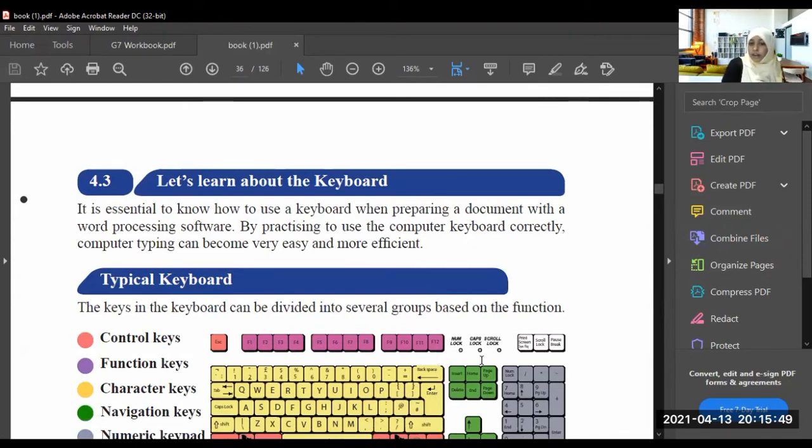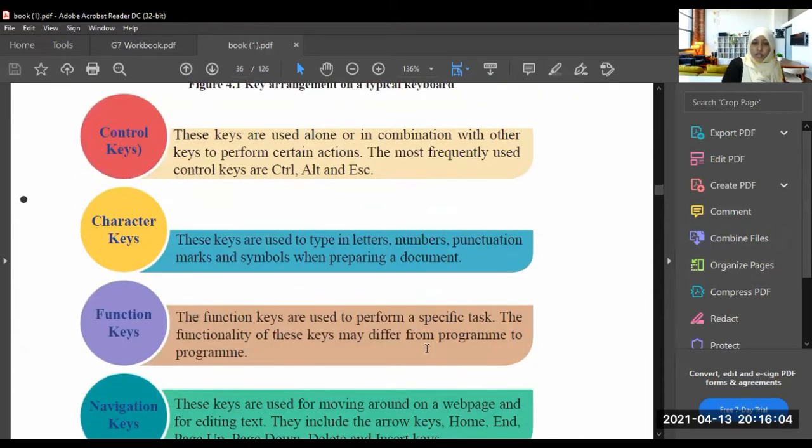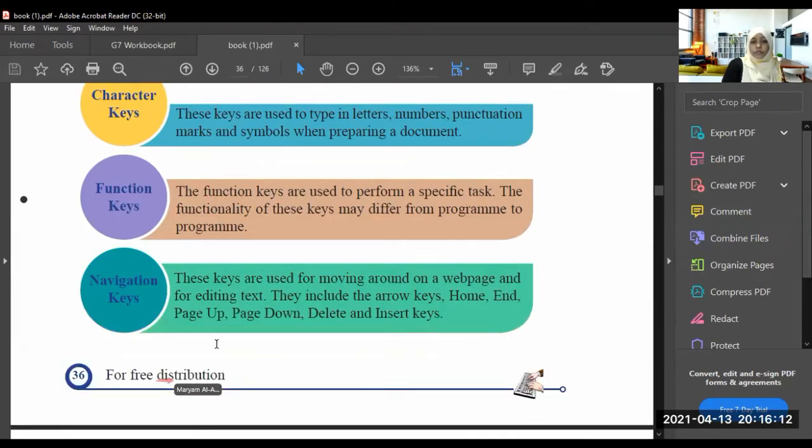There are 12 function keys. How many function keys? 12. F means function. Function 1, function 2, function 3. F1, F2, F3, F4 till F12. We use function keys to perform specific tasks, and it may differ from program to program. They are not the same.